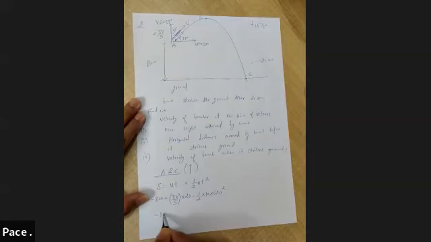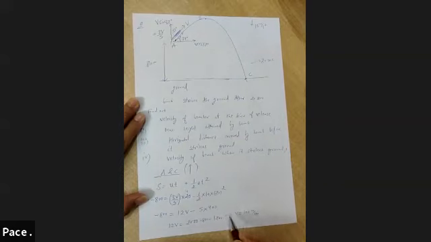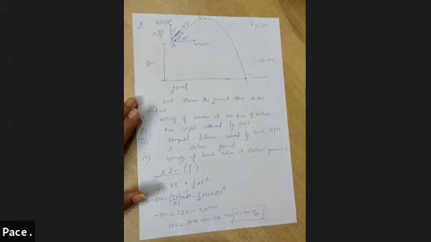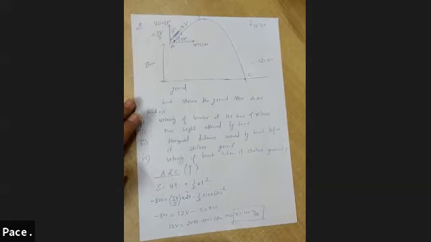So minus 800 is equal to, this is 1, this one is 4. So 12V minus 5 multiplied by 400. So 12V is equal to 2000 minus 800, that is equal to 1200. 12V is equal to 1200. This implies V is equal to how much? 100 meter per second. The answer for the first part would be 100 meter per second. The velocity of the bomber at the time of release would be 100 meter per second.